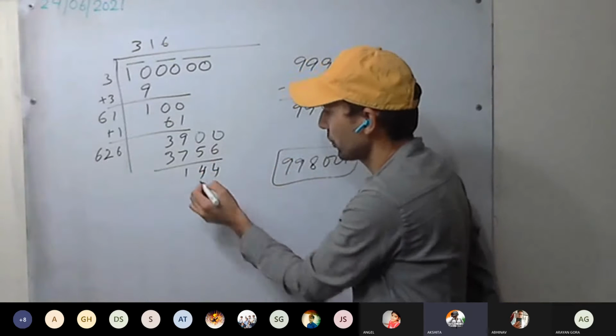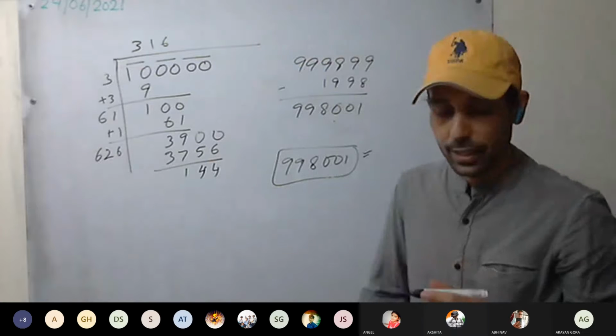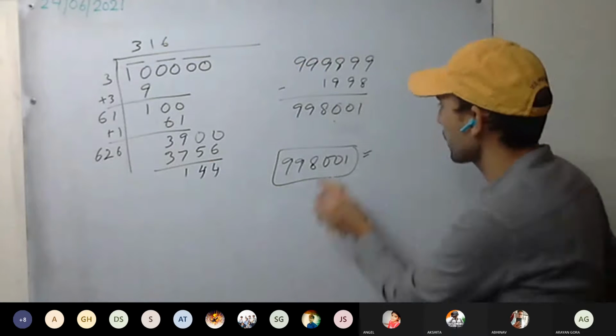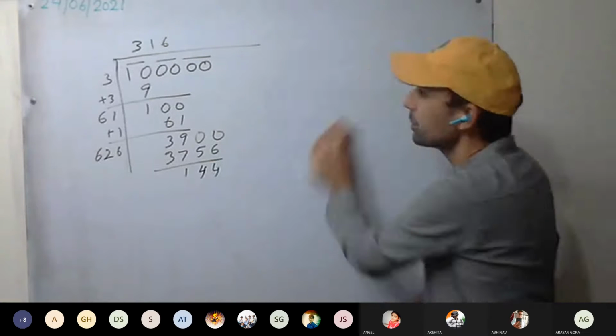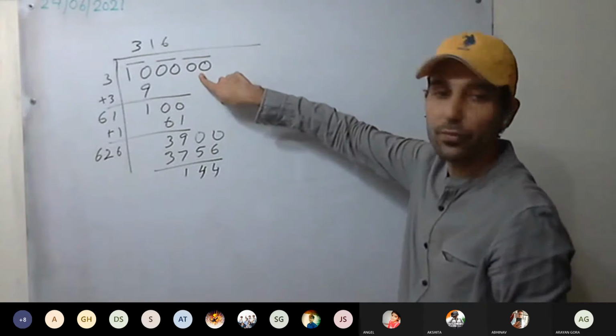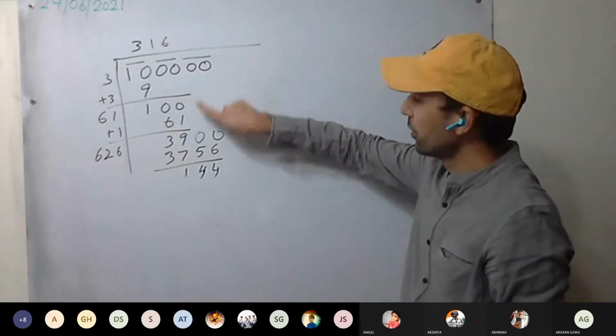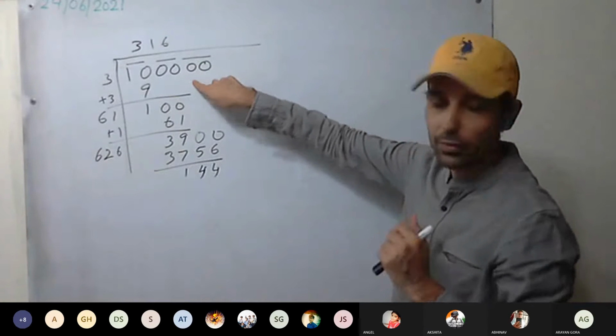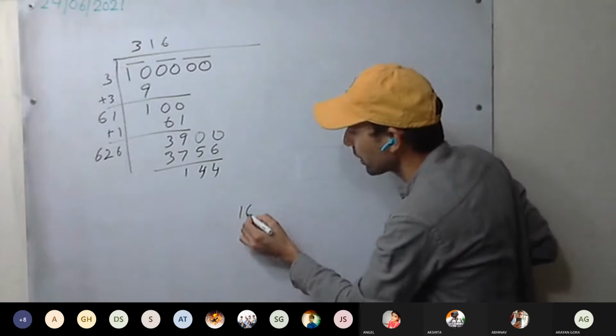144. 1 is the remainder. Okay, now check. This time we have to add something to it to make it a perfect square. Yes or no? Yes, we have to add something to it to make it a perfect square. So this number,